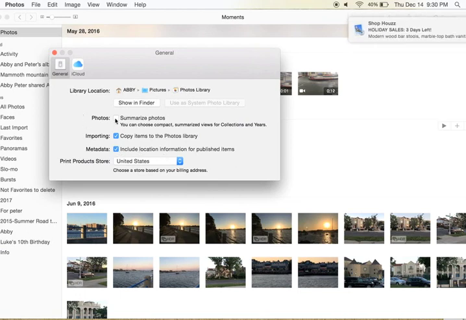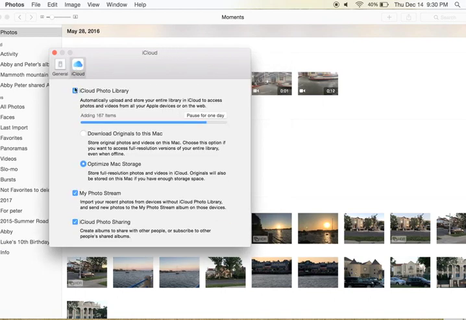So let's go. You can check mark include location and uncheck summarize. That's not really critical. Oh, looks like we're getting a notification. It's the holiday here. We go to the iCloud check mark,